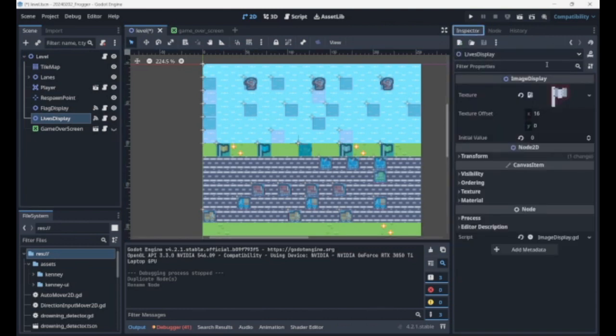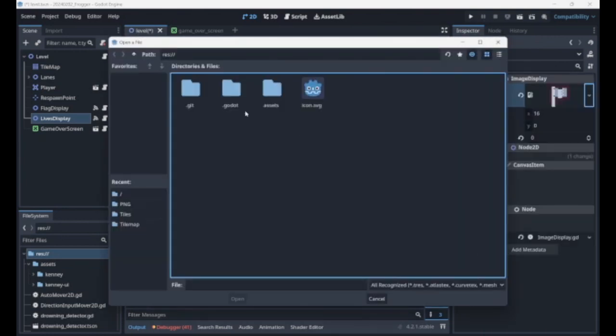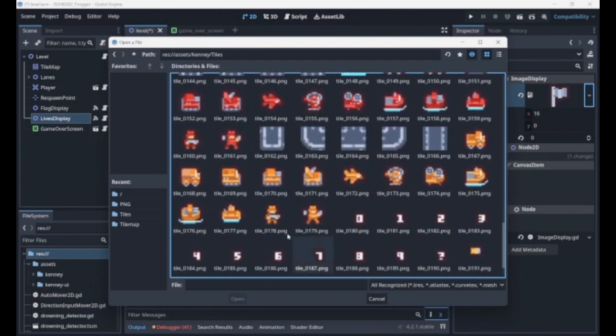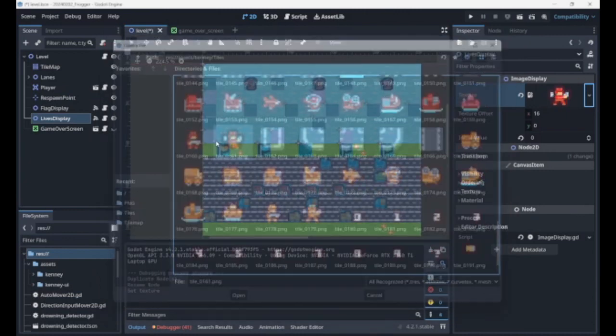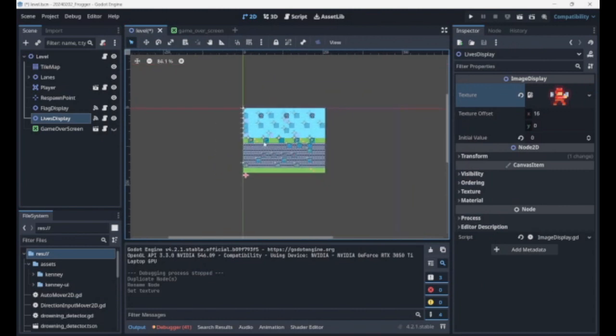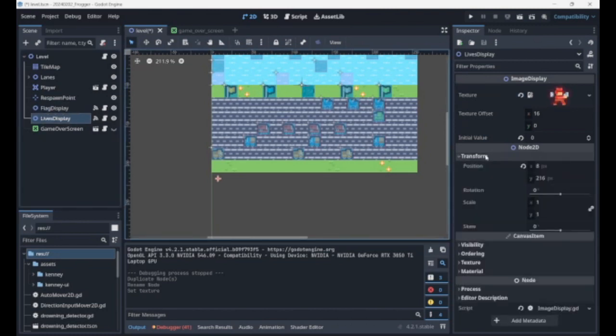I'm going to change my image to the image of our character. Assets, Kenney, tiles. We have this character, I believe. And then let's reposition it. So here we have it as a position. Let's transform that and set this to